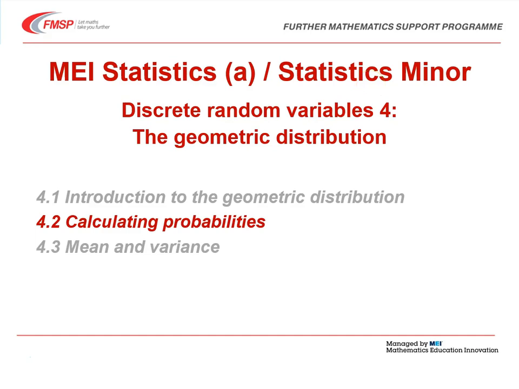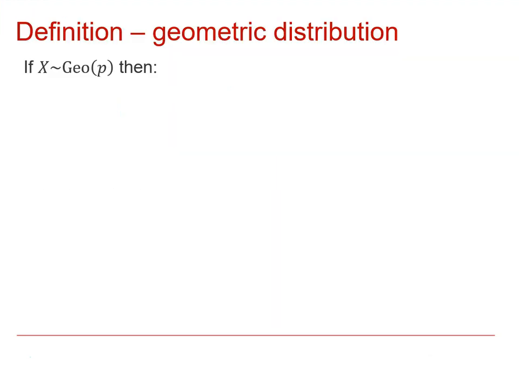This is MEI Statistics Minor, Discrete Random Variables for the Geometric Distribution. 4.2, Calculating Probabilities. So we recall from the last video that if X is distributed geometrically with probability of success p,